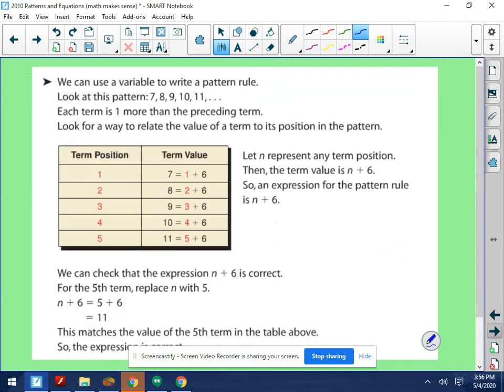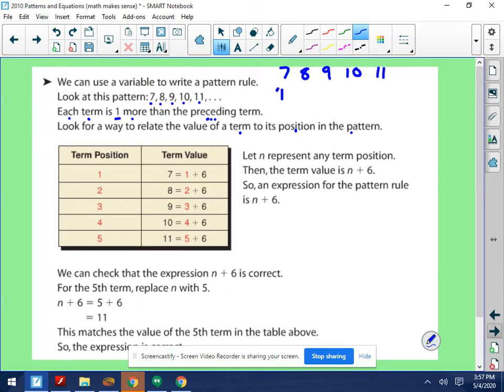Did that one already. It also tells us we can use a variable to write a pattern rule. Look at this pattern, 7, 8, 9, 10, 11. Each term is one more than the one preceding it, or the one before it. Look for a way to relate the value of the term to its position in the pattern. Now this is tricky. In that group of numbers, 7, 8, 9, 10, 11, you have to think, which number